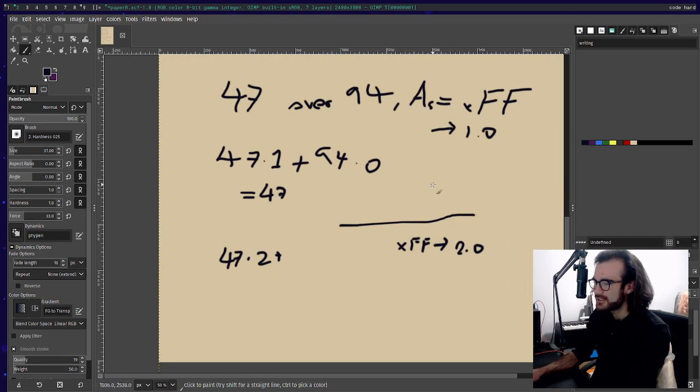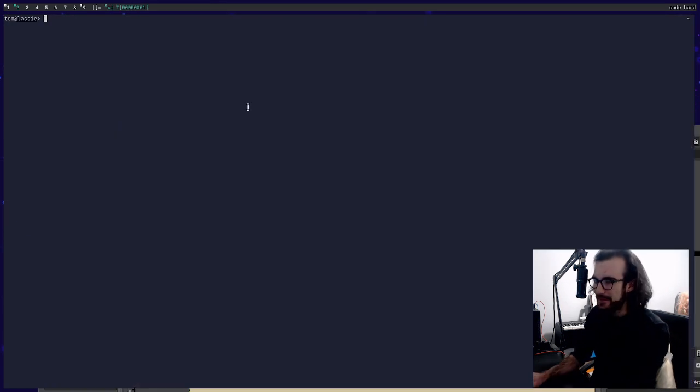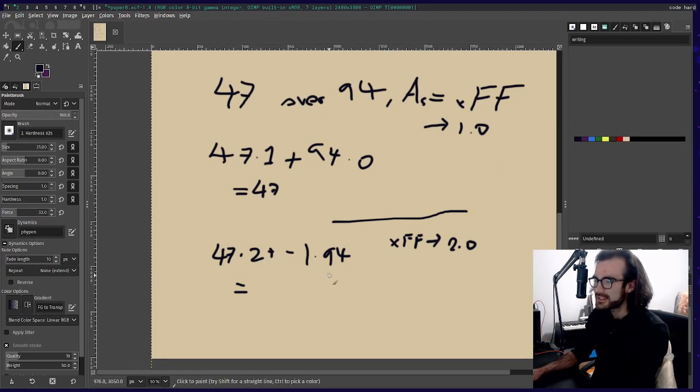Well, 1 minus 2 is actually negative 1 times 94. And that's going to give us negative 94. It's going to give us 0, just by chance, because 94 is 2 times 47. So these were bad numbers to choose.